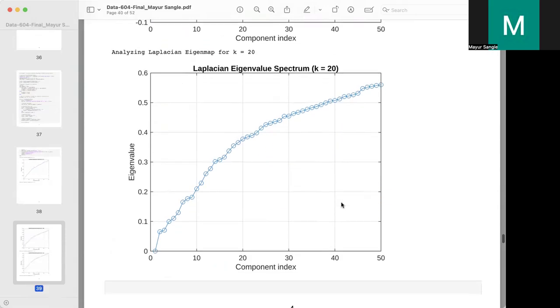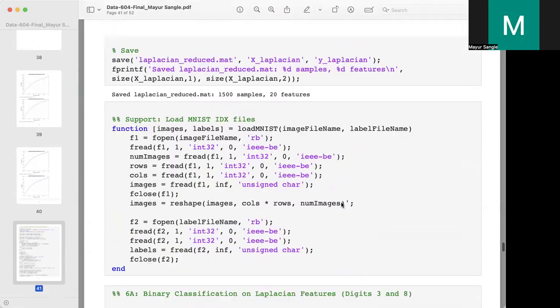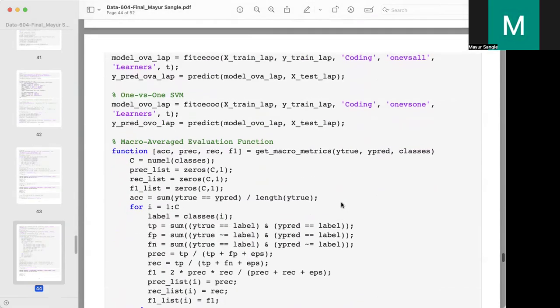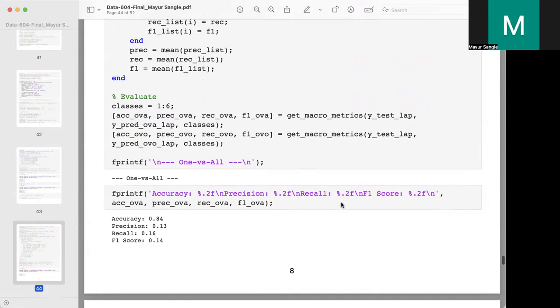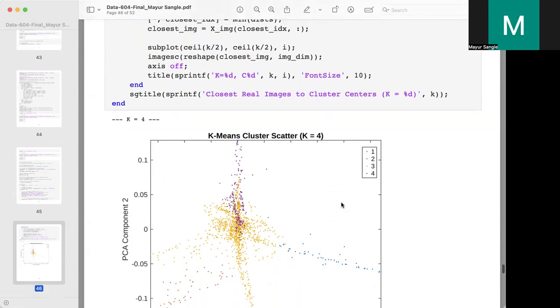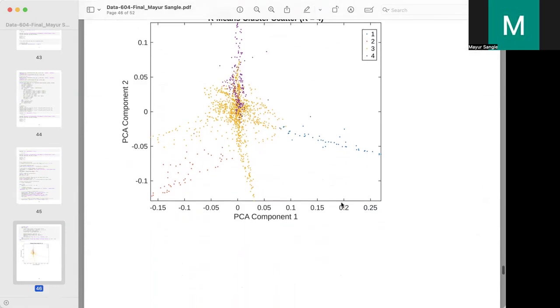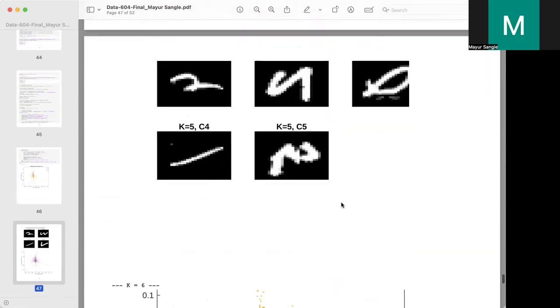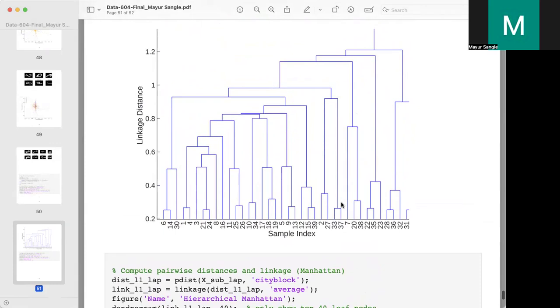achieving an accuracy of about 96%. For multi-class classification on digits 2, 3, 4, 5, 6, and 8, the 1v-all strategy gave better results than 1v1 in terms of precision and recall. I also performed k-means clustering where different k values gave meaningful groupings and the closest real MNIST images were visualized for each cluster center. Finally, I applied hierarchical clustering using both Euclidean and L1 distances, which gave clear structures